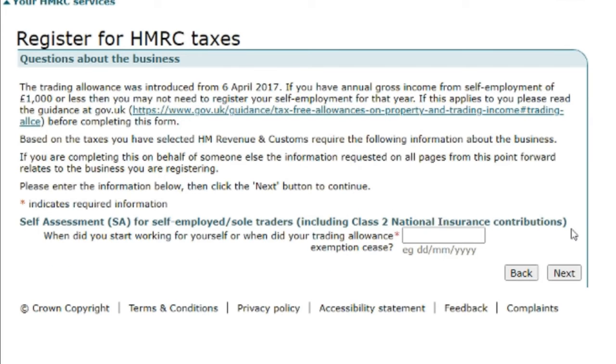and then click on next. And on the following page I'm greeted with this. So questions about the business. The trading allowance was introduced from 6th of April 2017. If you have annual gross income from self-employment of £1,000 or less, then you may not even need to register your self-employment for that year. So based on the tax you have selected, HM Revenue and Customs require the following information about the business. If you are completing this on behalf of someone else, the information requested on all pages from this point forward relates to the business you are registering. So I'm completing this on behalf of myself,